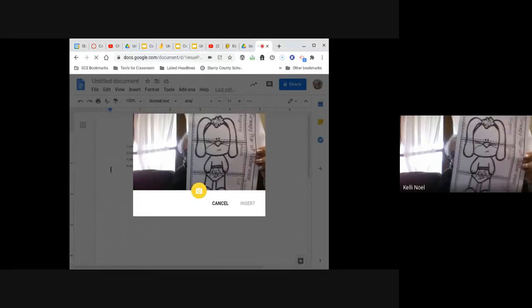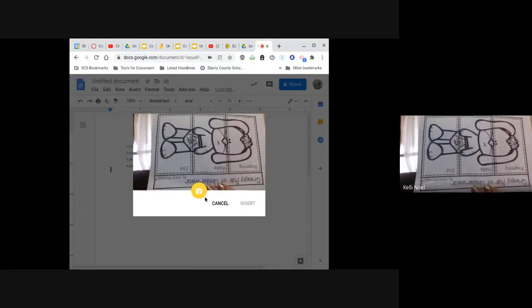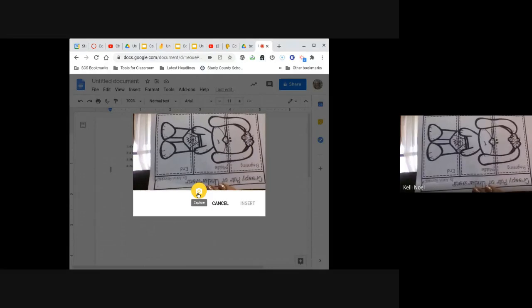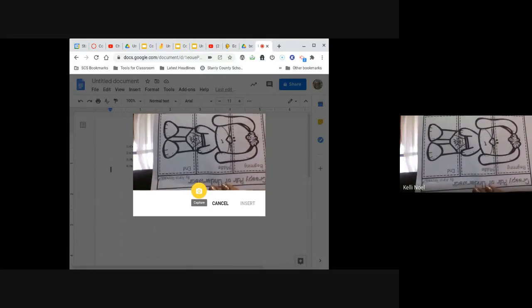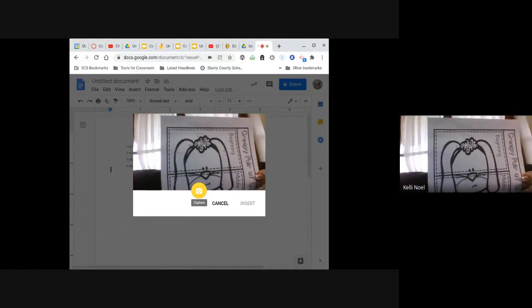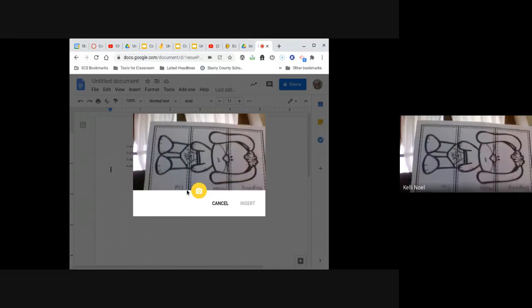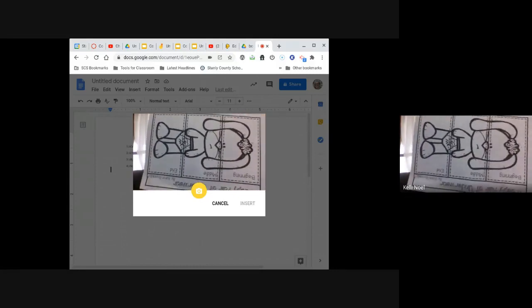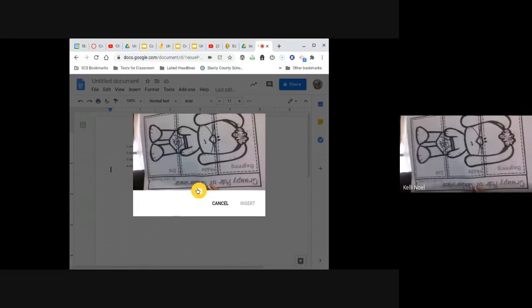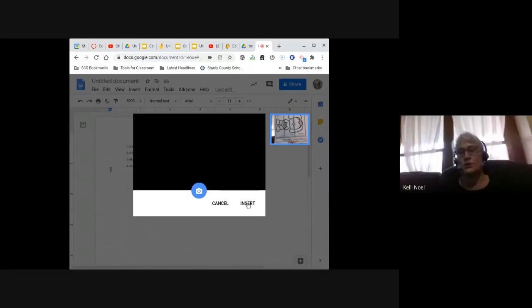So like I said, this is something that my daughter is doing. So I'm going to get it to where I can see it. And you may have to take 2 pictures. If I did it this way, you may have to take 2 pictures of it so you can get the top and the bottom half. Her paper is a half a paper, so I can hold it and get it pretty much in the center. I'm going to take a picture and I'm going to say insert,